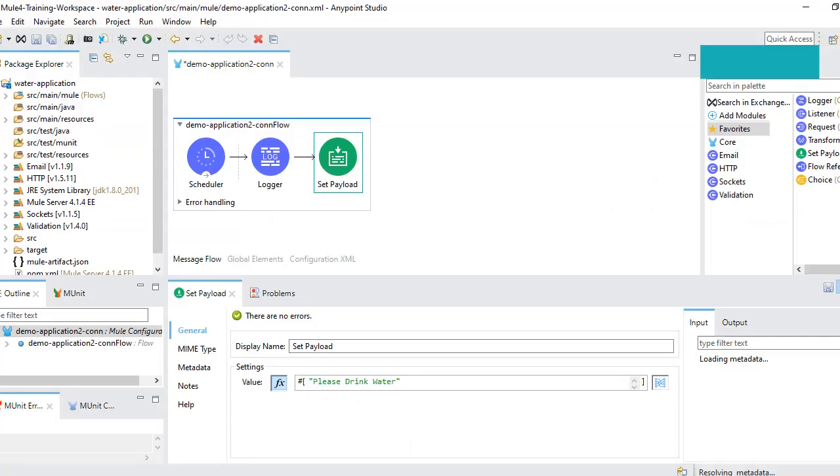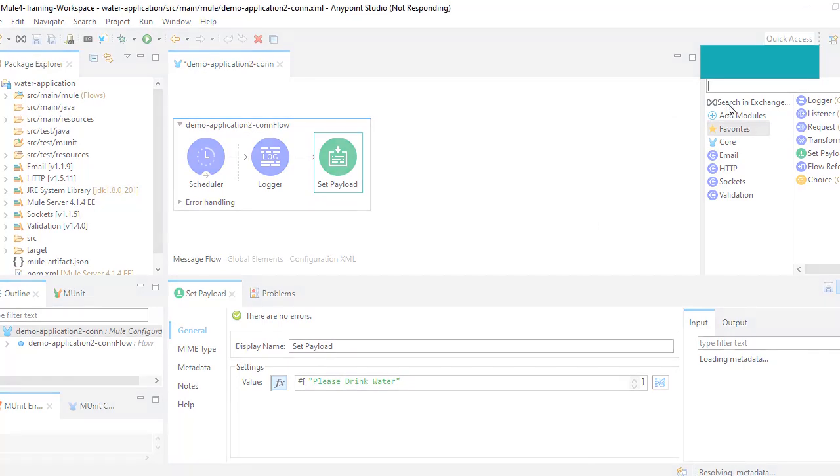Okay. So to send a notification from CloudHub, we need to import one more module and use that. That module is the CloudHub module. We need to add that module to our project in Studio by using Search in Exchange. So just click on Search in Exchange.